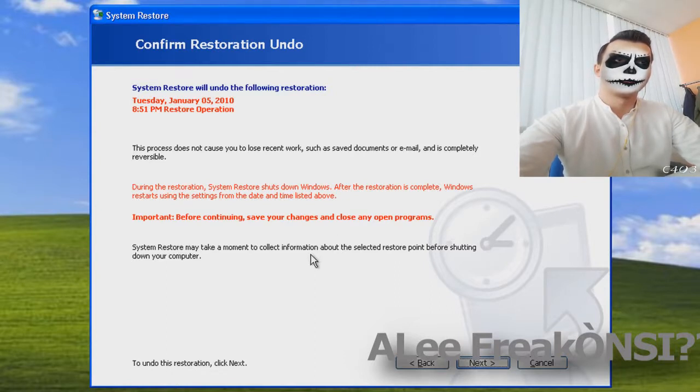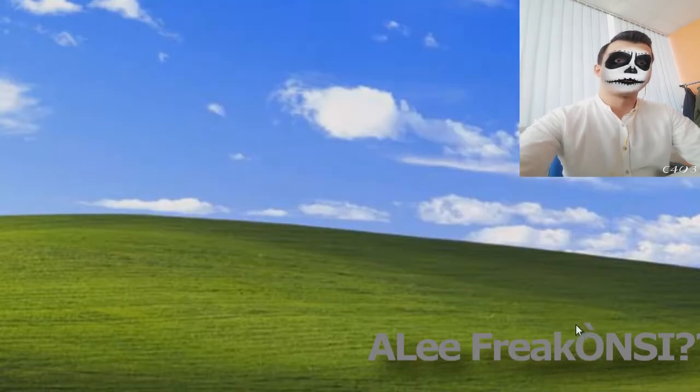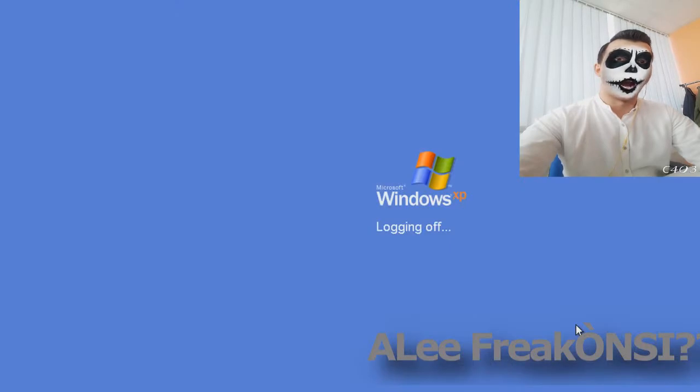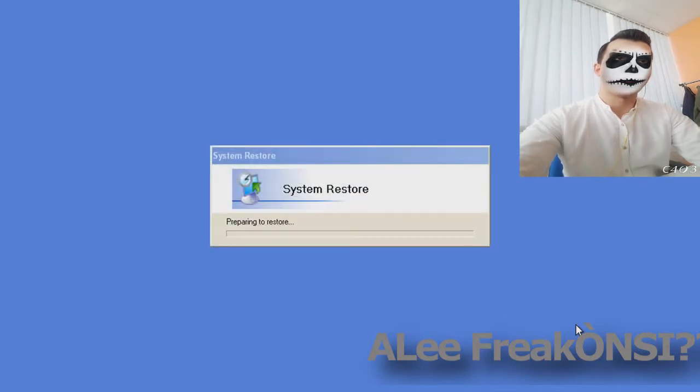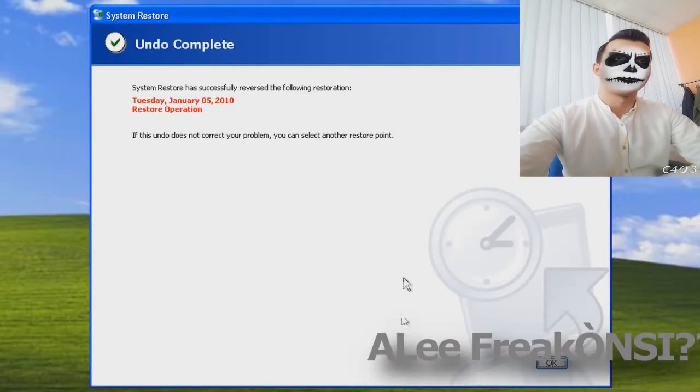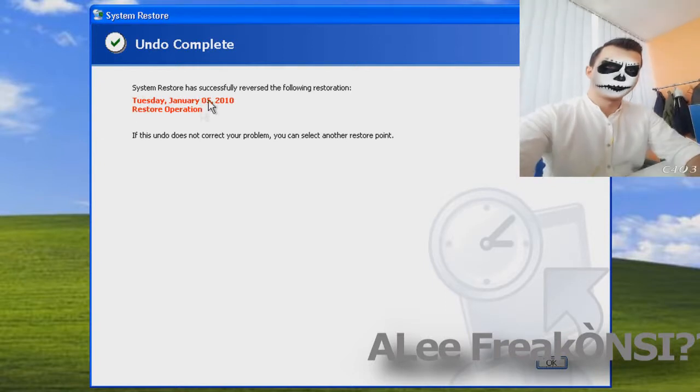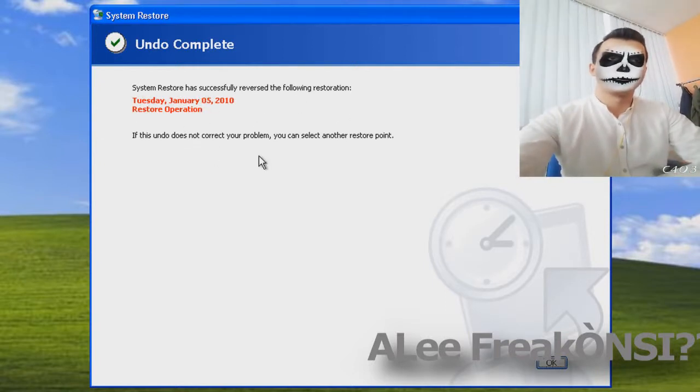If we get the latter and we do seem to have created ourselves another problem, or we're not happy with the restore point we've gone back to, we can undo the restore, and we do that by again going down to Start and then going to All Programs. I'm going to go up to Accessories, and when we're in Accessories, down to System Tools, and within the System Tool list there, down to the bottom, System Restore, and that brings us back to the Welcome to System Restore page. Now again, three options here: